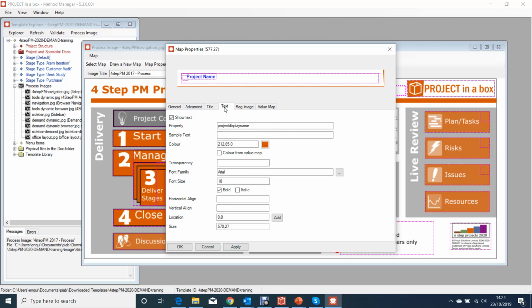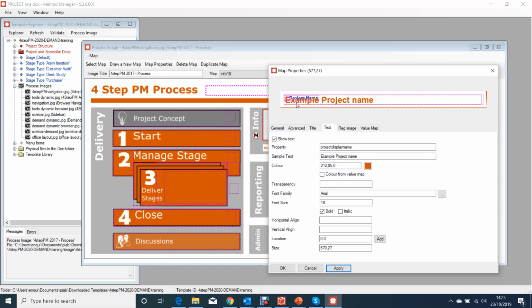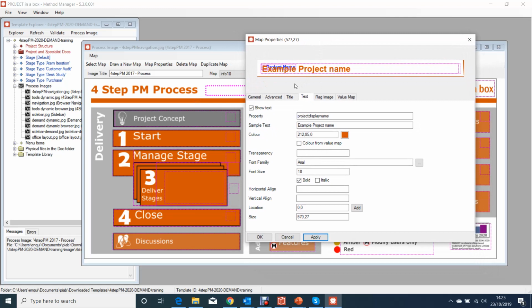What we are doing here is using a display of the text for the project display name. Now again, if we want to preview what that's going to look like, we can use some sample text. This isn't what will actually appear, but it allows us to see how it looks within here. So we can put in an example project name like that, and we can see that we're using the right color that's going to match our diagram, that it's going to be about the right sort of size and font and boldness, and the alignment is going to be how we want it to be,